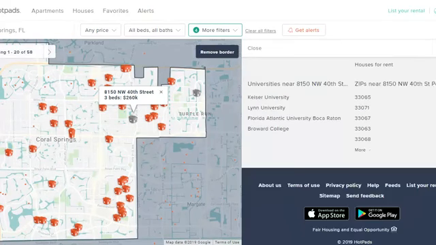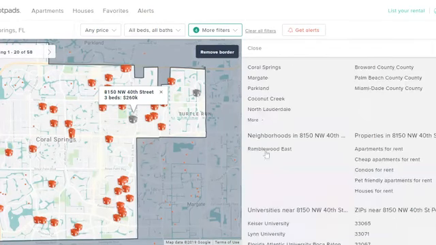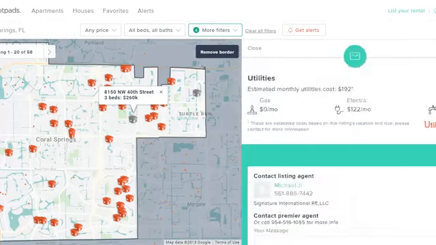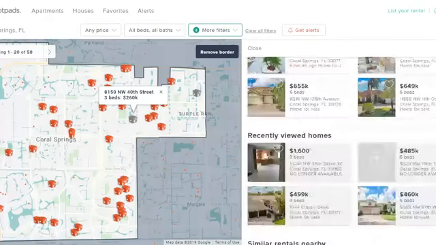And you can also scroll down. You can actually see the neighborhoods. And of course, down here, properties for rent. We don't want rent. And then you can go into the different zip codes here too. So that's really crucial. Okay, so now that we dissected this, we're going to go back down to that property